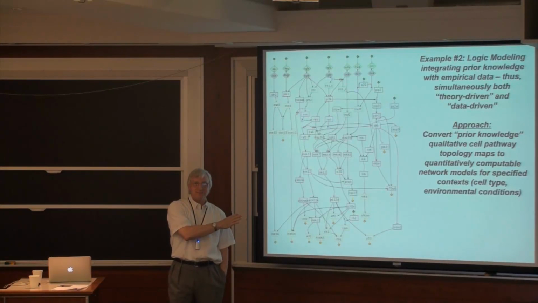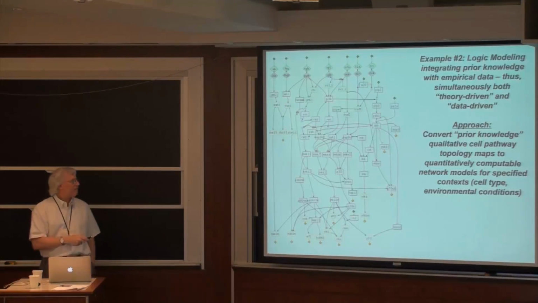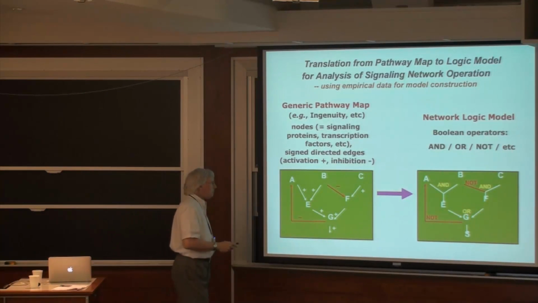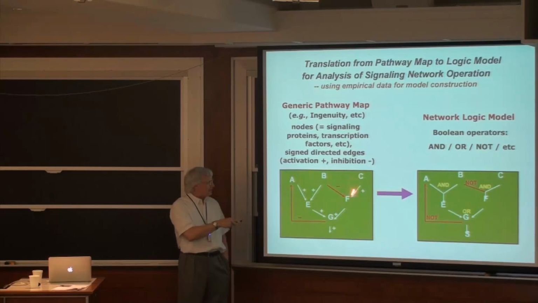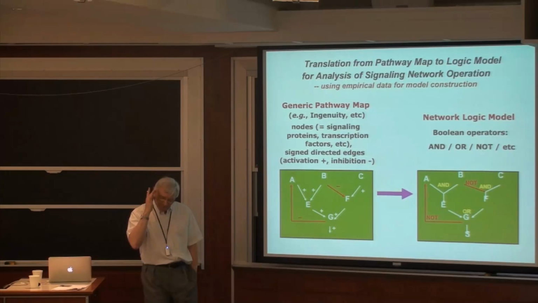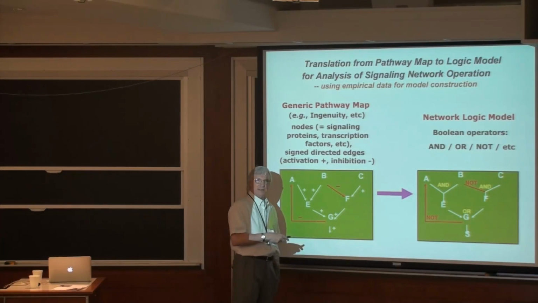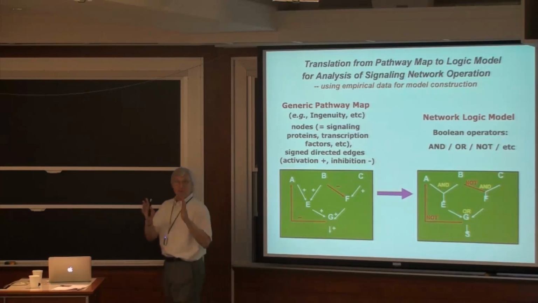So this is prior knowledge. Okay? It's not good enough in itself. I would defy anybody to just sit down and now write a model based on this and try to predict what's going to happen. But what if we took that sort of a pathway database and turned it into a formal logic model that, again, was kind of indicated by the way the Bayesian networks came out. And we said, okay, well then, let's propose that E is active if A is active and B is active, and then F is active if C is active but not B. Okay, we can now very explicitly cast models this way,